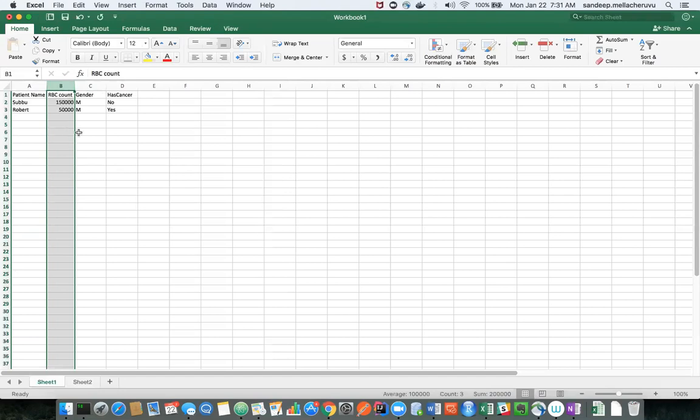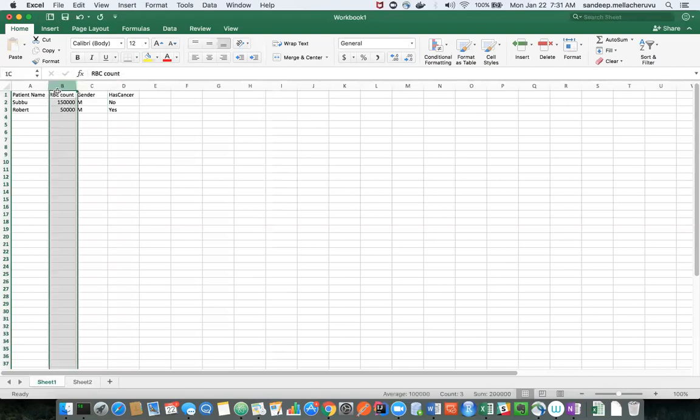And for this gender column, how many males attended this collection process, how many females attended. These kinds of statistics you can gain only through each single variable.